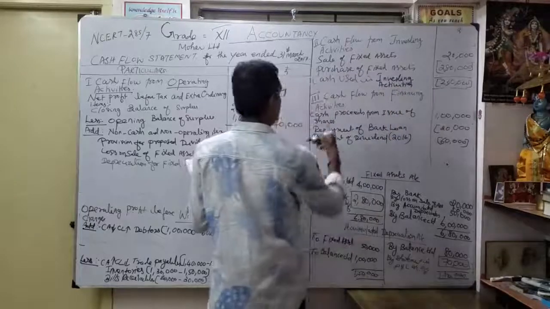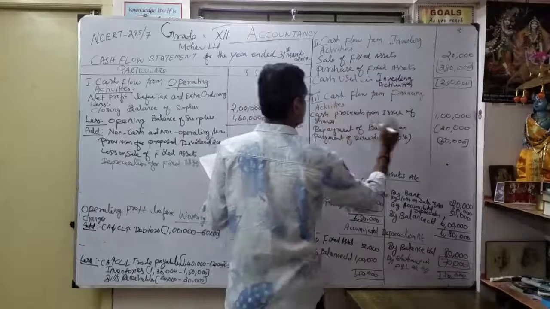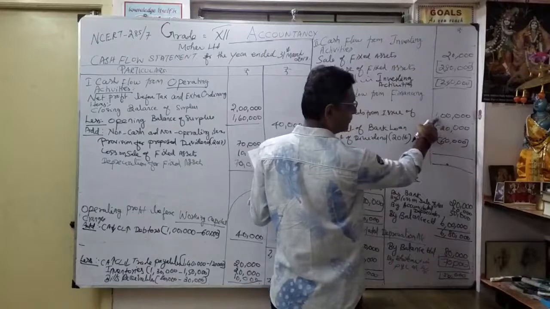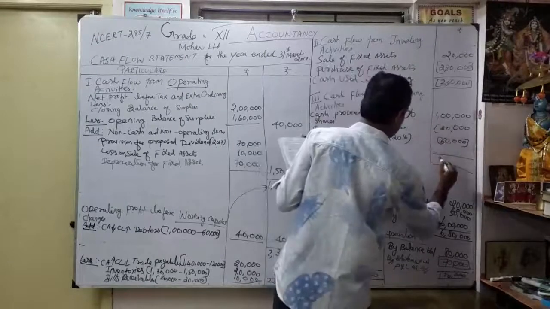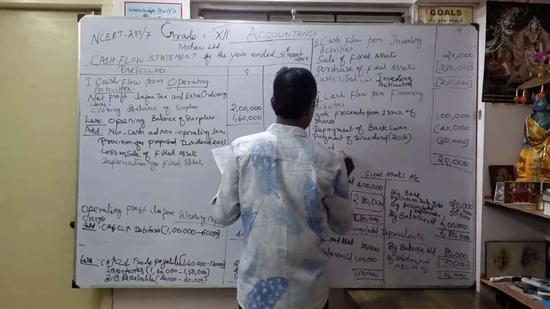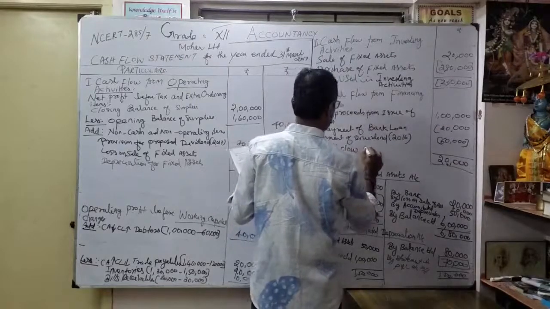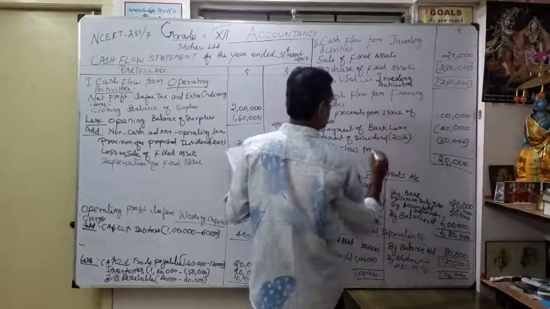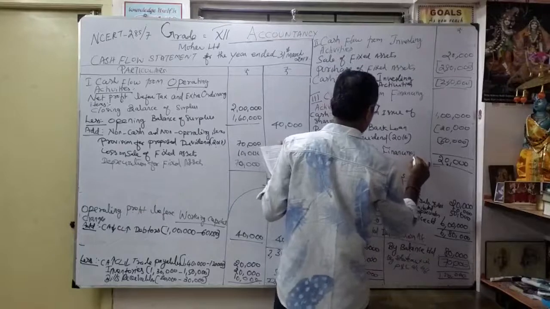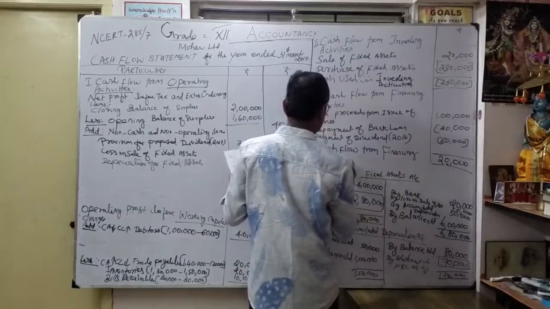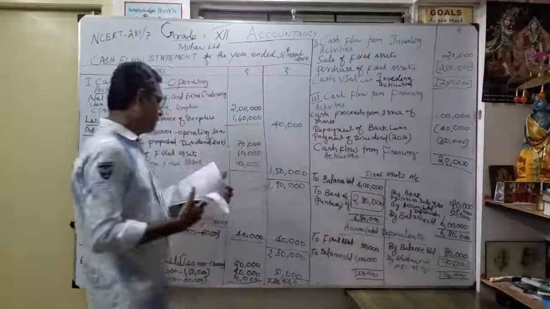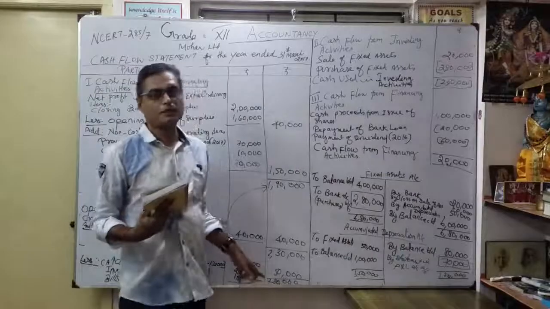Thereafter, my cash flow from financing activities. How much? Here also, 1 lakh inflow, outflow 80,000. Our net amount is 20,000. That is what? This is a positive figure, correct? Cash flow from financing activities. Understood? That's what: our operating activities 2,80,000, a positive figure.